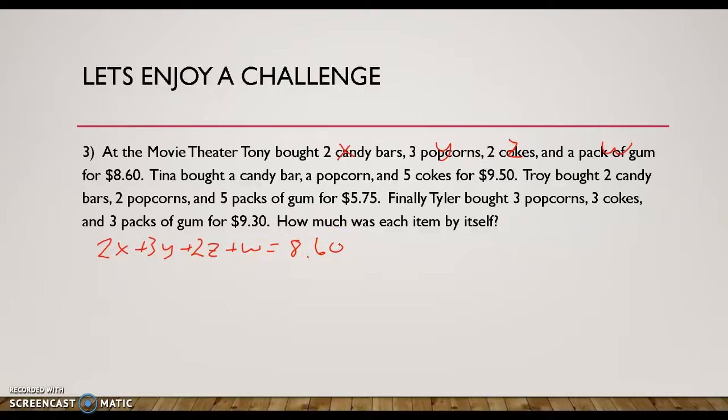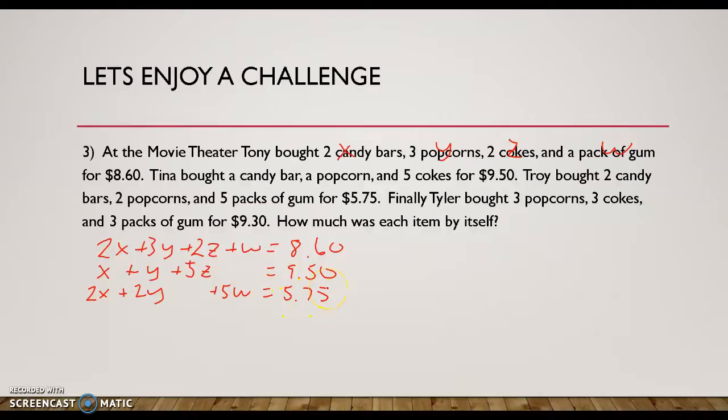Then Tina bought a candy bar, so that's X, plus a popcorn, so that's Y, plus 5 Cokes, that's 5 Z's. Doesn't say anything about any packs of gum, so 0 W's, and she spent $9.50. Then Troy bought 2 candy bars, so that's 2 X's. He bought 2 popcorns, so that's plus 2 Y's, and no Z's, but I'm going to keep this in order here. 5 packs of gum, that's 5 W's